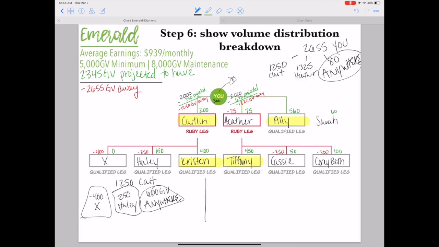So we're gonna do the same thing for Heather, just so you can see the breakdown. Heather is 1325 away, right? And I know that she herself is not done. So I know 75 of that volume needs to go under herself so we can complete her box, okay? I know that Cassie needs 350 of that. None of that 1325, Corey Beth needs 300 of it. So when you do the 1325 and you subtract everything that's there, there is still 600 in group volume that can go anywhere